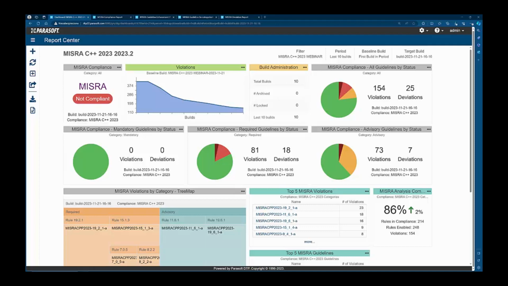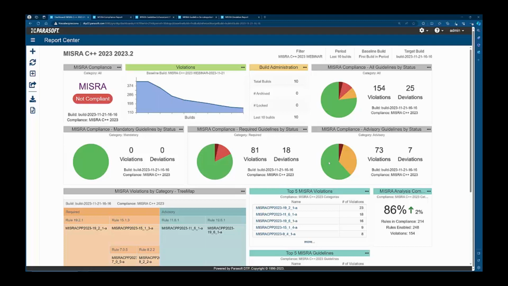As you can see here, I'm not yet compliant with the new MISRA C++, but the trend graph shows that my team has pretty good and stable progress. This gives me confidence that the team will make it on time. If my progress slows down, the violations trend widget gives me a chance to react and assign more resources. This kind of insight is essential for any persona involved in safety process management. As you can see here, at this moment I have 154 MISRA violations and 25 deviations.